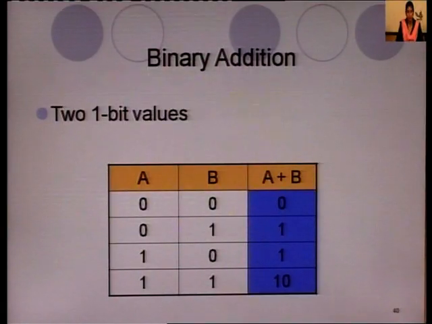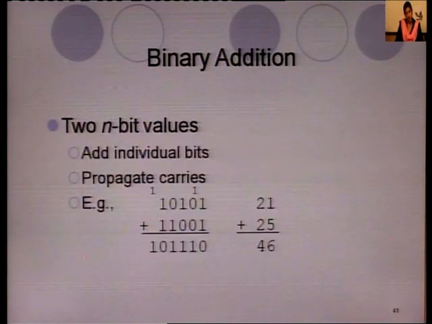For a equal to 1 and b equal to 0, the result will be 1. Again, for a equal to 1 and b equal to 1, the result will be 10. Here 10 represents 2. The first result, 0, represents 0. The second and third results are the same, 1, representing 1. And the last result, 10, represents the decimal value 2. 10 in binary is equivalent to 2 in decimal. Now we will